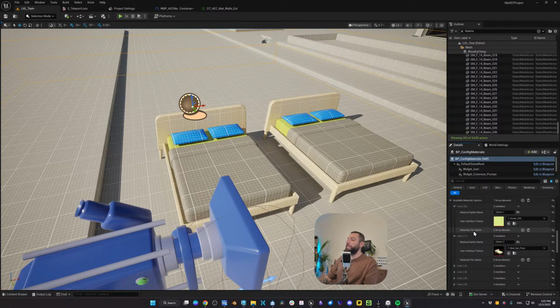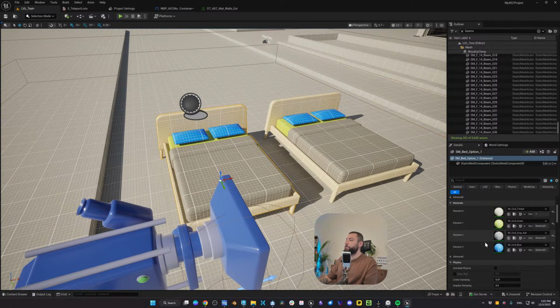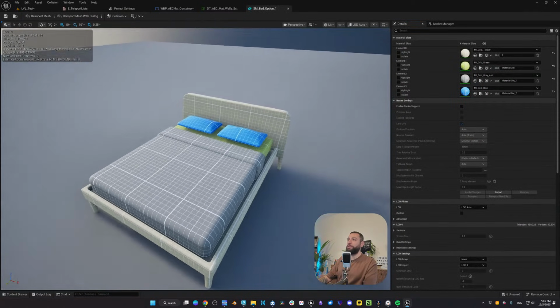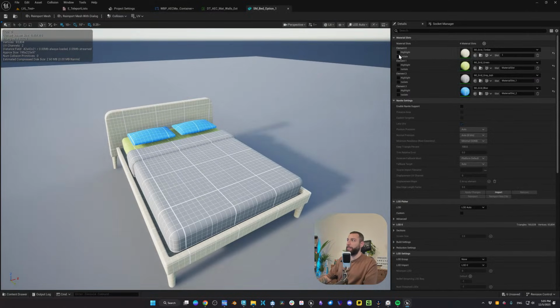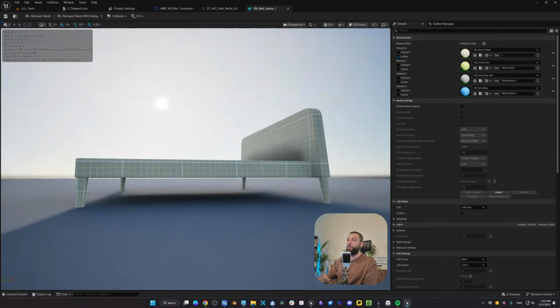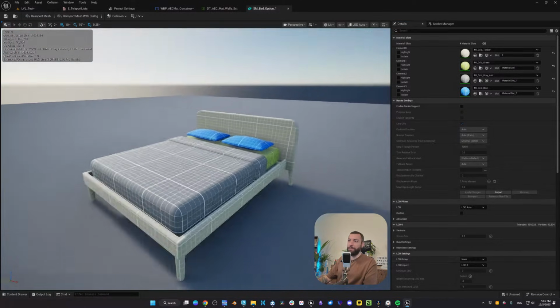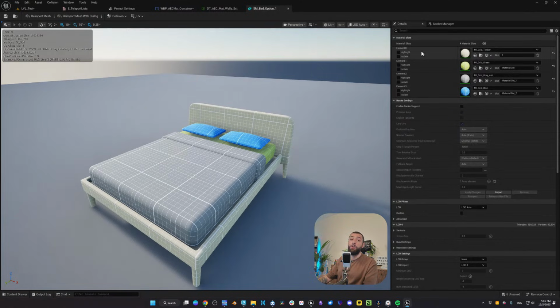Now, materials per option, that's very important. So if you click on this object here, it has 4 material instances. So sometimes you might import an object from your DCC application and it might have just one material ID, or it might have 4 material IDs. And as you know, this is element 0, element 1, element 2, and so on.